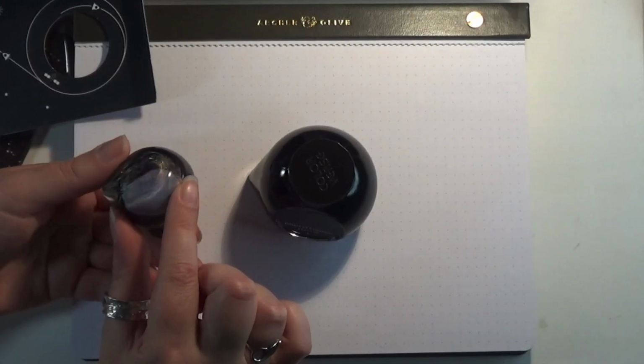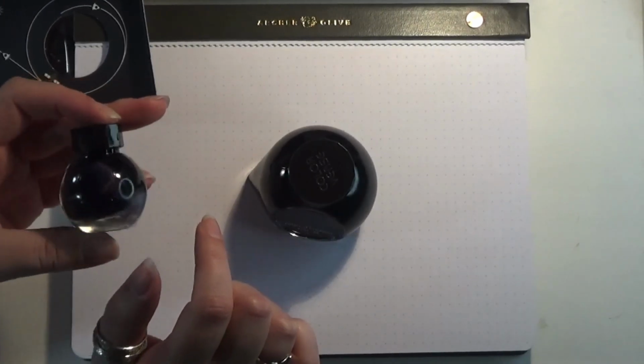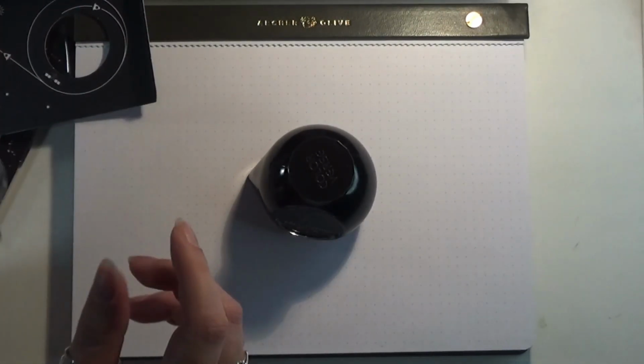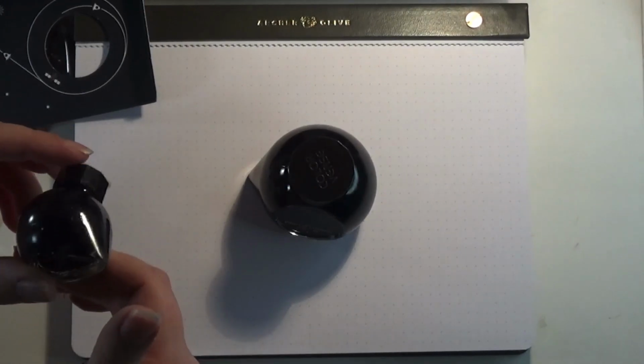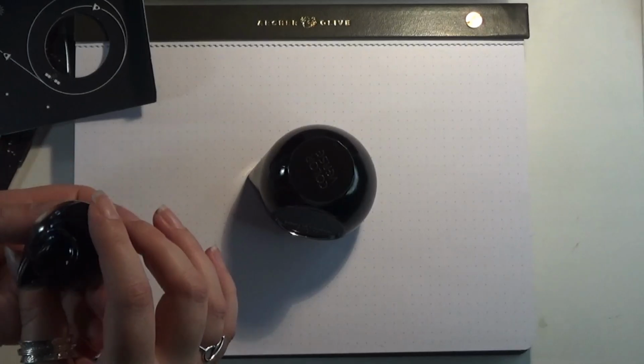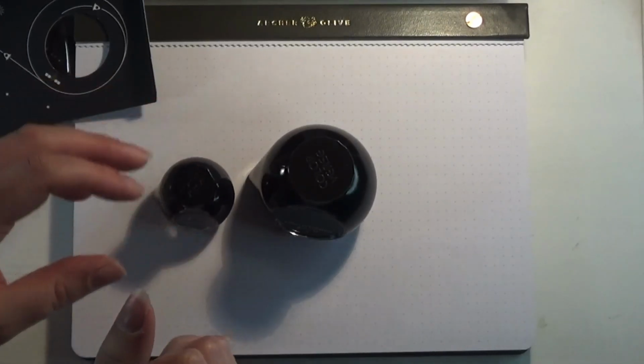And if I tip it over, you should be able to see that it's got some mica in there, so it's shimmering. And as I said, I'm just way too excited about these pens, inks even. Can't speak, totally and utterly losing my shit. So anyway,